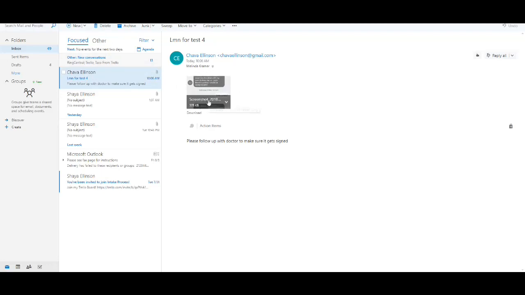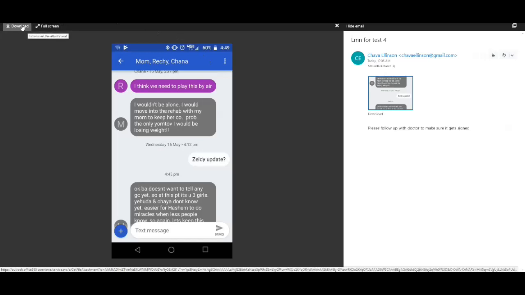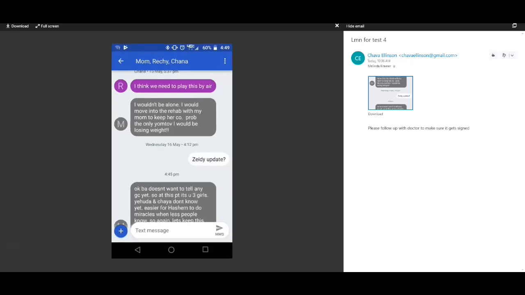So once you're looking in your emails, you're seeing the document, you're clicking down, and the first thing you're going to do is click Preview. You're then going to click Download in the top corner, and you are going to make sure when you download it that you want to save it as, okay? Now in this situation, it's going to open,